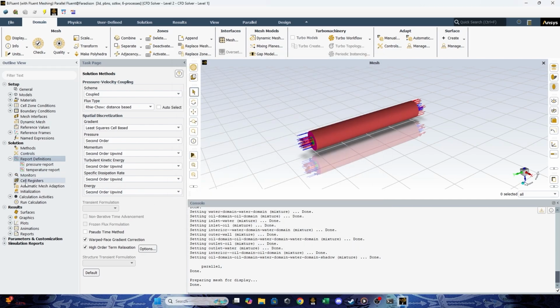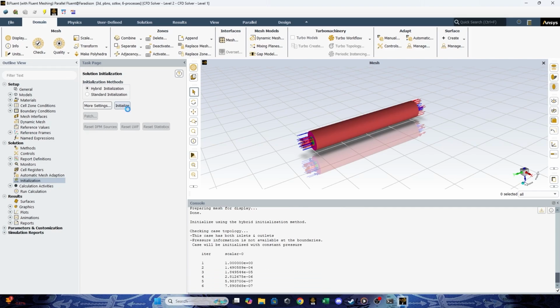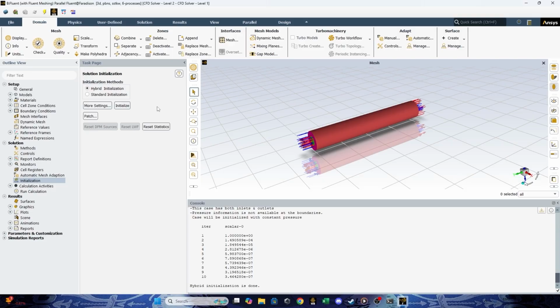After we have defined the results that we need, we can go to the initialization method to initialize our computation. Go to initialization, then hybrid initialization, and press initialize. Okay, after the initialization is done, let's do the calculation.